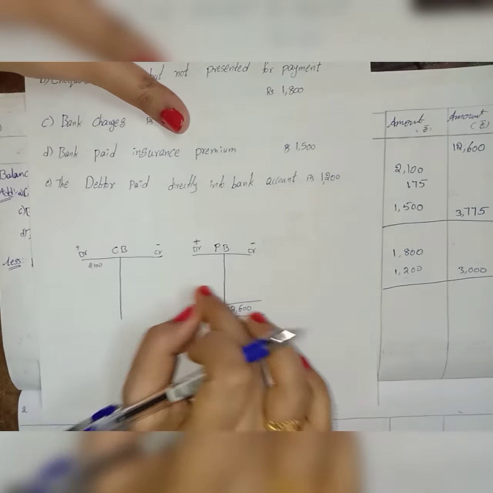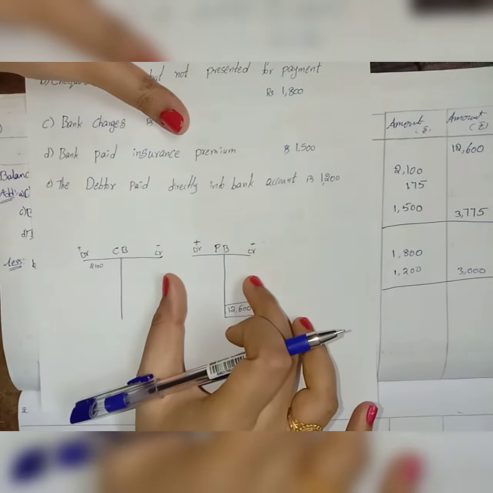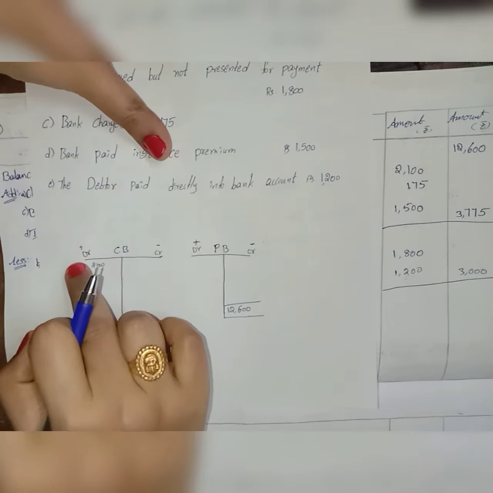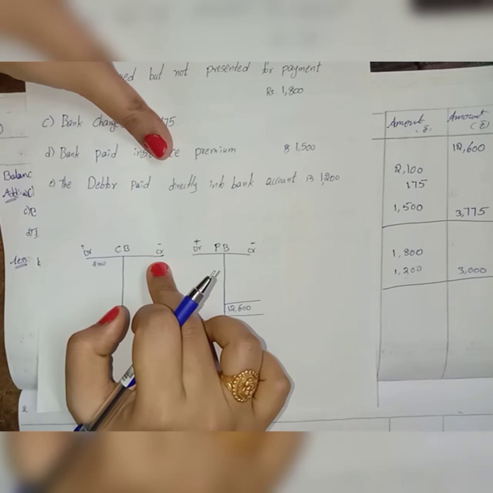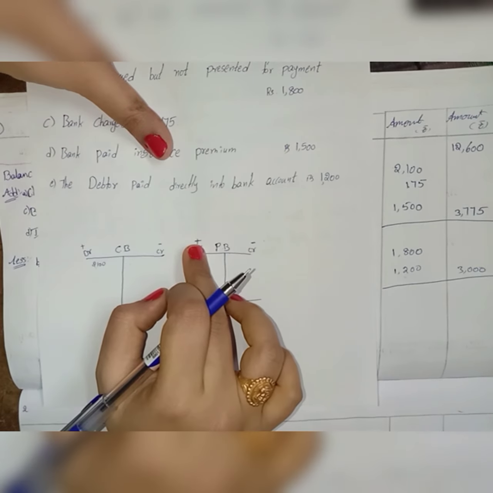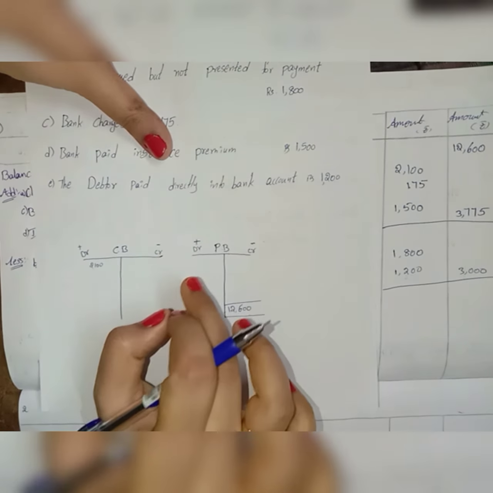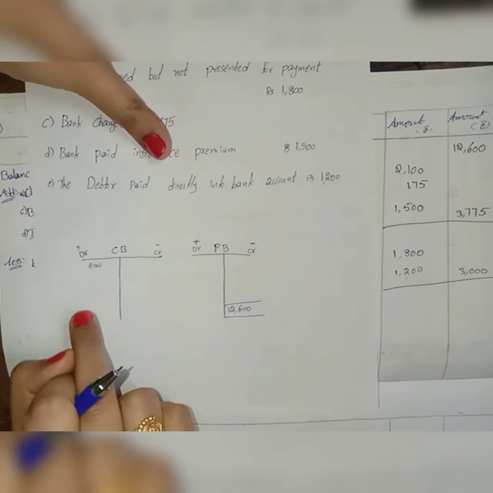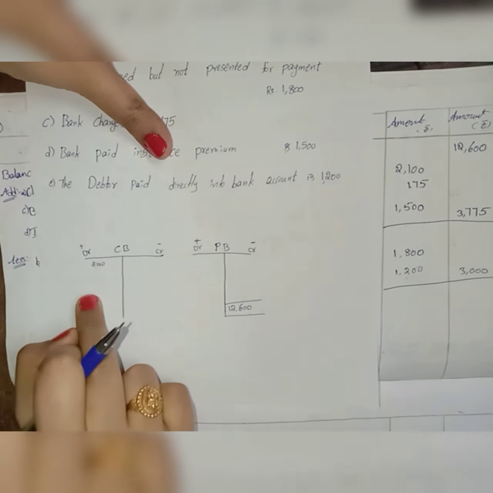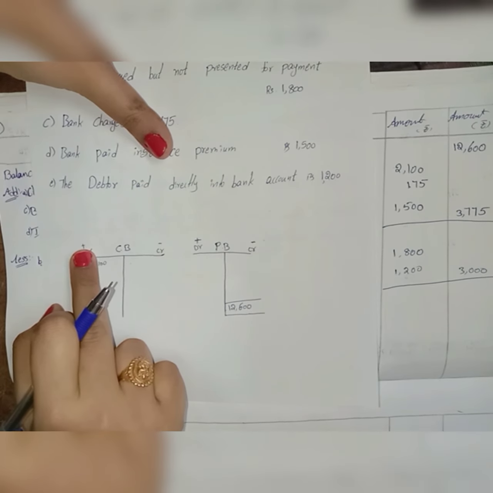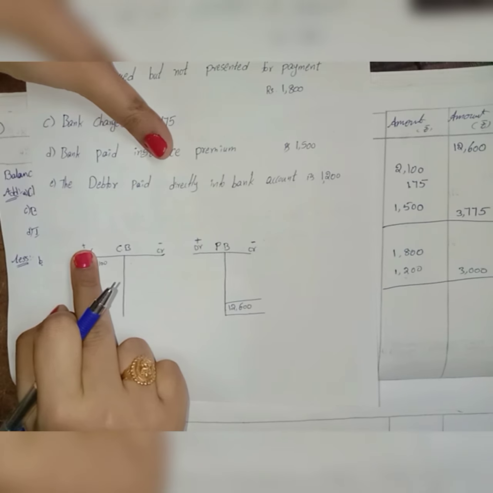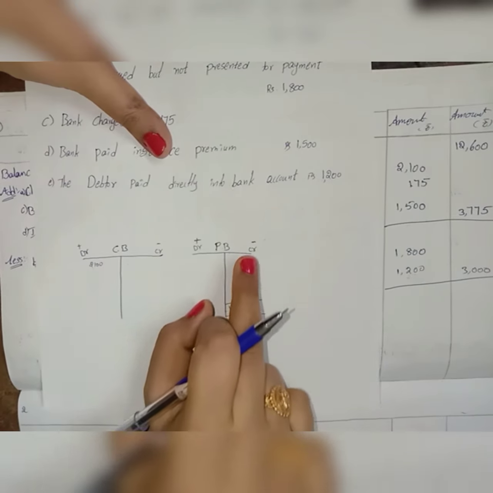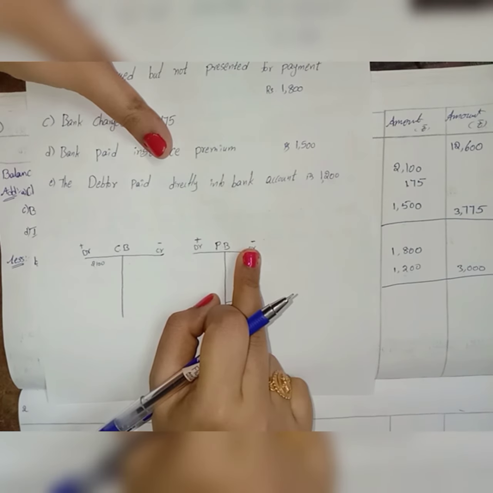Both the books' symbols should be the same. Debit plus, credit minus. Here also debit plus, credit minus. These symbols depend on the balance which is given in the illustration. If it is a cash book balance, a debit balance, we write the minus symbol on the debit side. If it is a passbook balance, a credit balance, then we write the minus on the credit side.